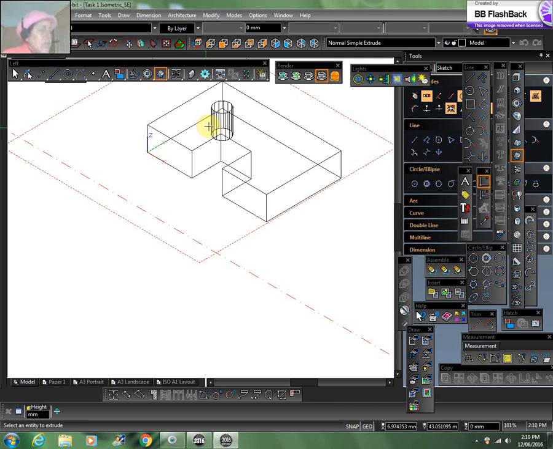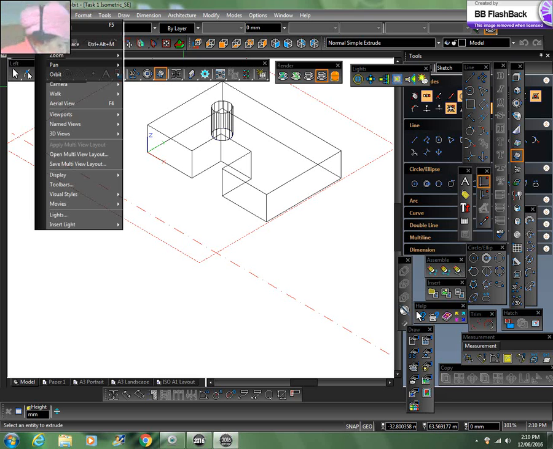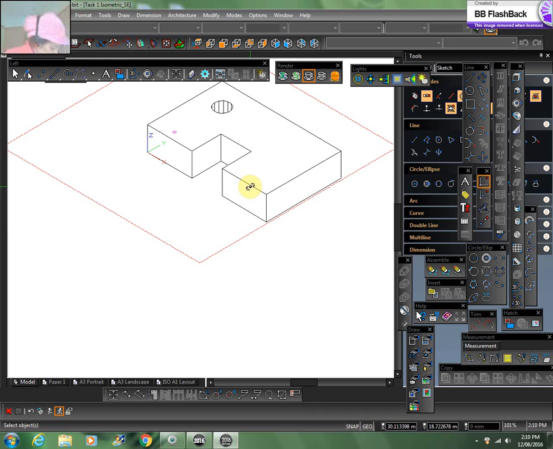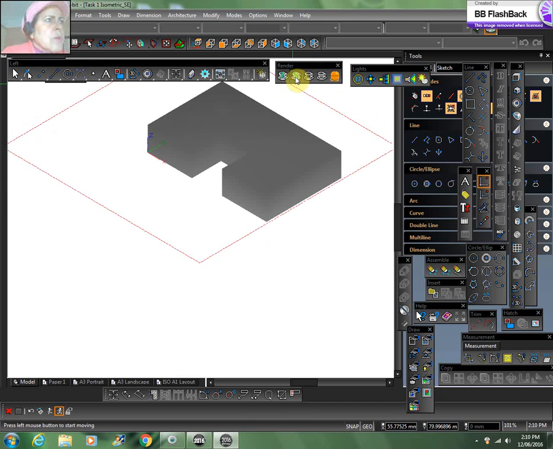To get rid of the hidden lines, you go to View, Visual Styles, and then Hidden Lines. All these hidden lines will disappear, and then we want to paint it. To paint it, we click on this